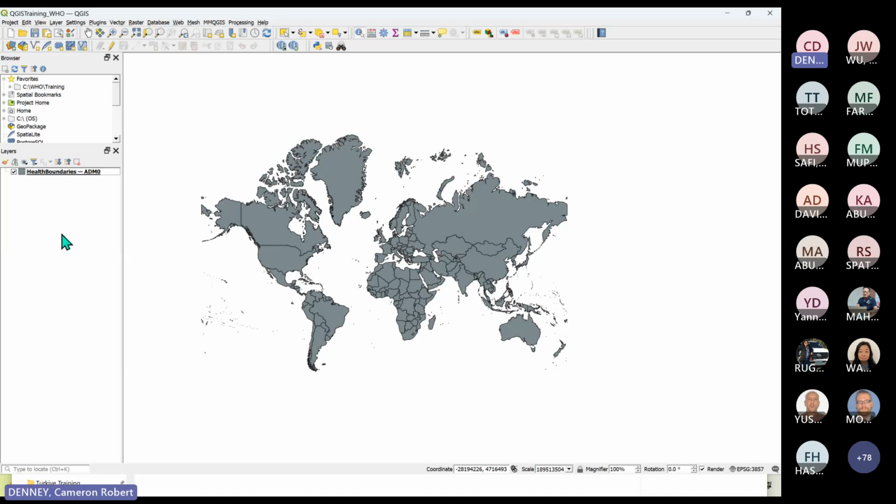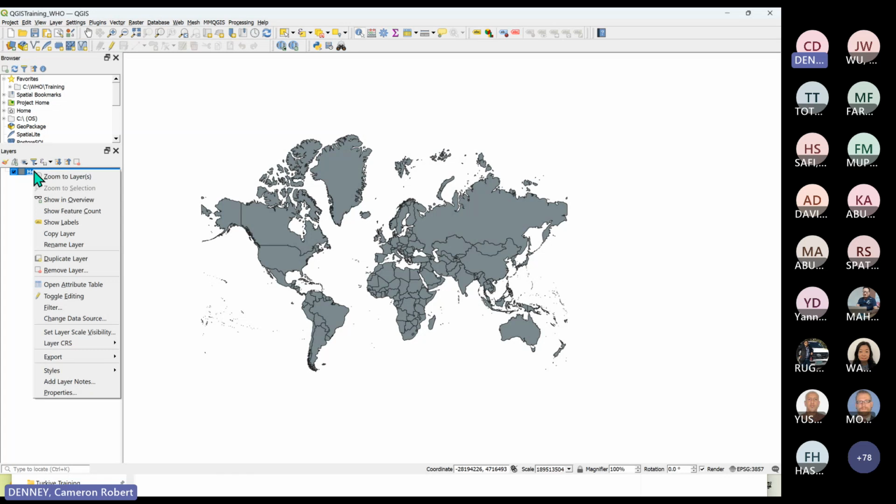This is exercise 2 of module 2, and let's change this layer's symbology. So symbology means just how any data is visually represented. Right now, mine is these kind of ugly gray polygons, very neutral looking world map. Yours are likely a different color as they're just assigned a random color, but let's change that. So if I click on my layer here in the layers panel, where we only have our one health boundaries layer,